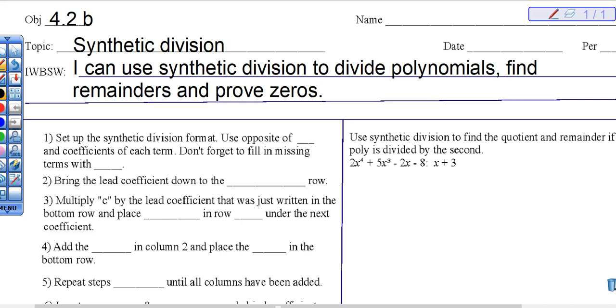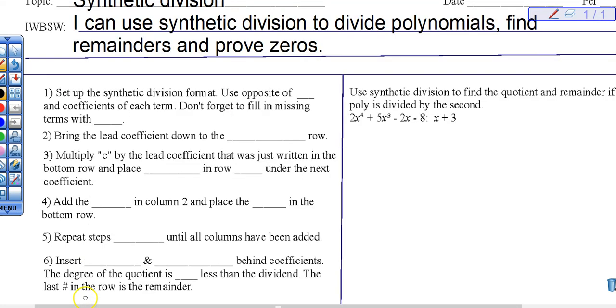All right. So your instructional objective today is you're going to be using synthetic division to do 3 different things today. The first thing you're going to do is use it to divide polynomials. The second thing you're going to do is find remainders. And then the third thing is you're going to prove that a number is an actual 0. So synthetic division can be used for multiple purposes. However,